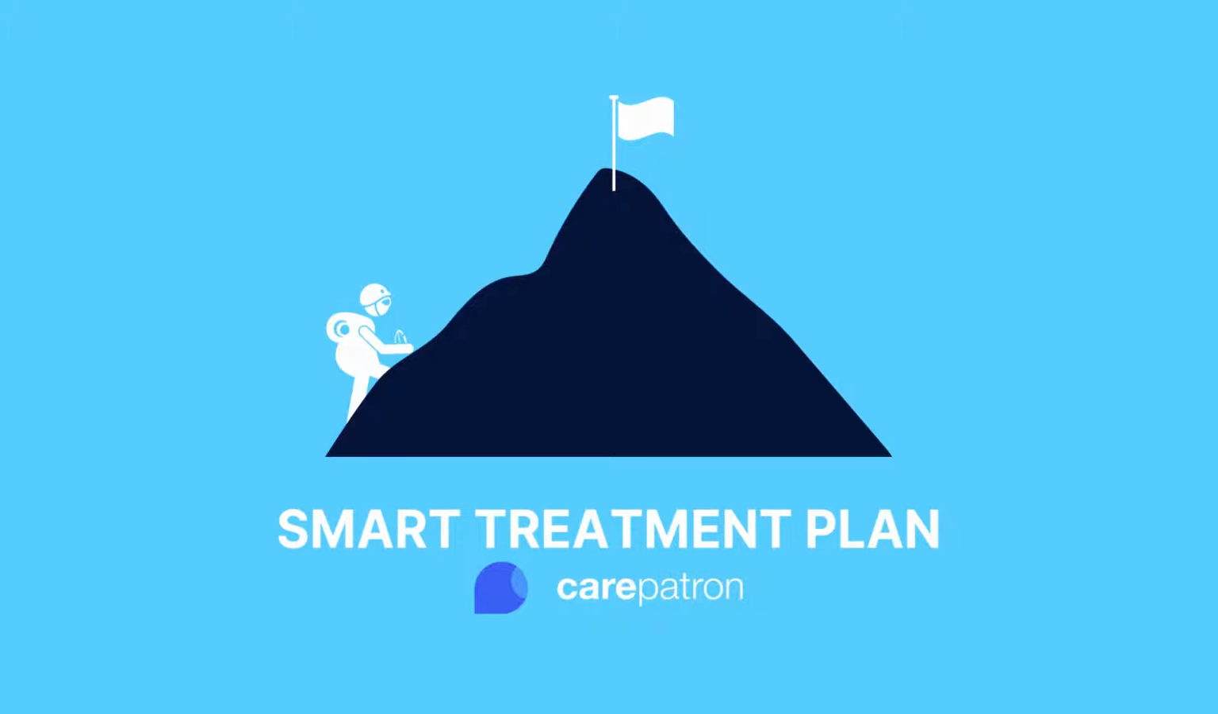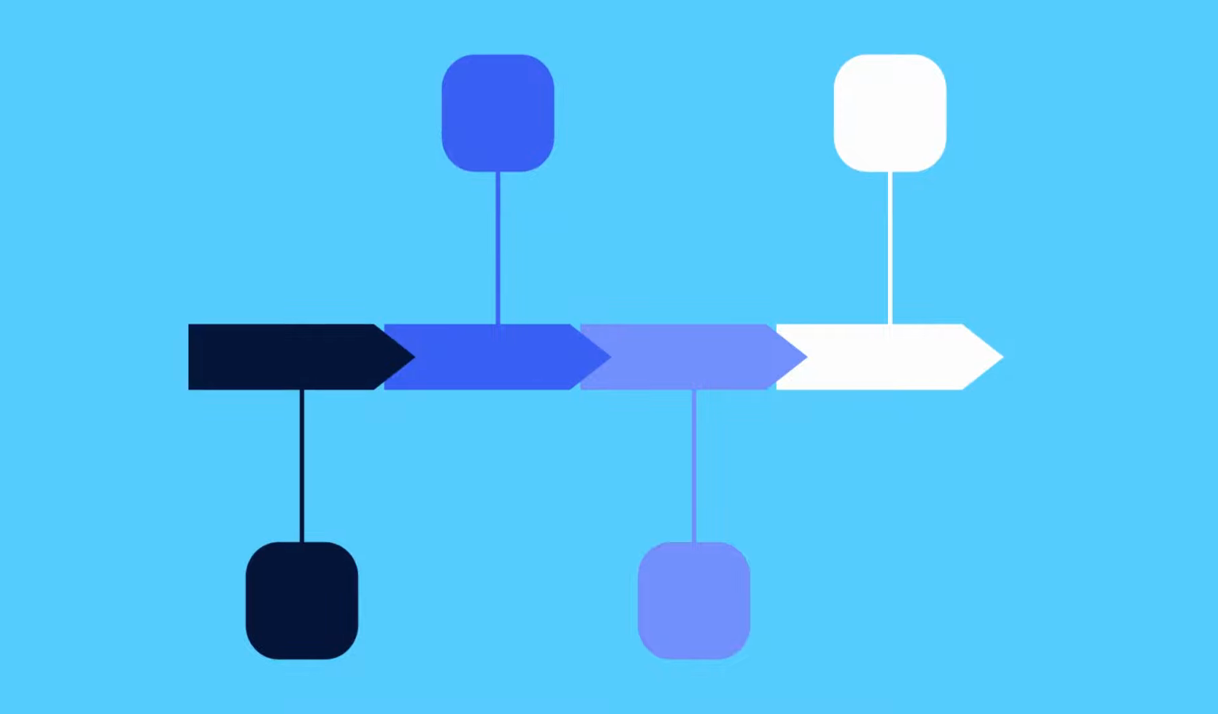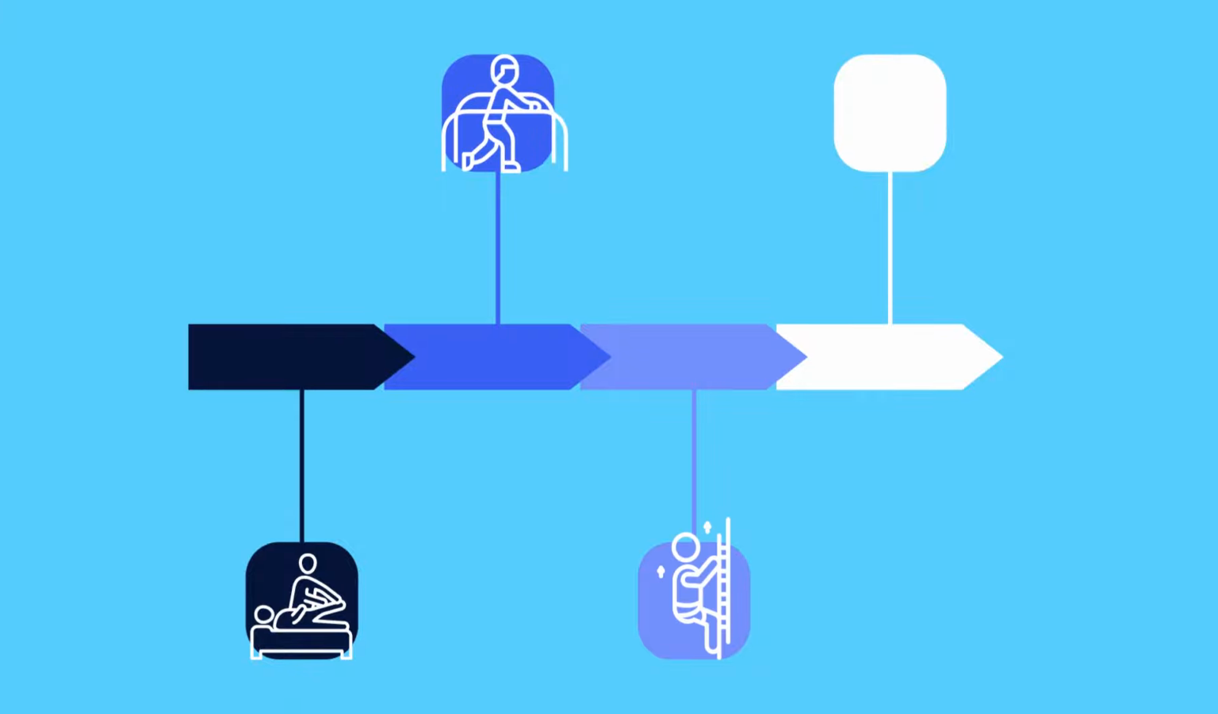What are SMART goals? SMART is an acronym for specific, measurable, attainable, relevant, and time-bound. It is a goal-setting technique used to create practical goals. The SMART criteria ensure that goals set out are specific, measurable, achievable, relevant to the patient's needs, and include a